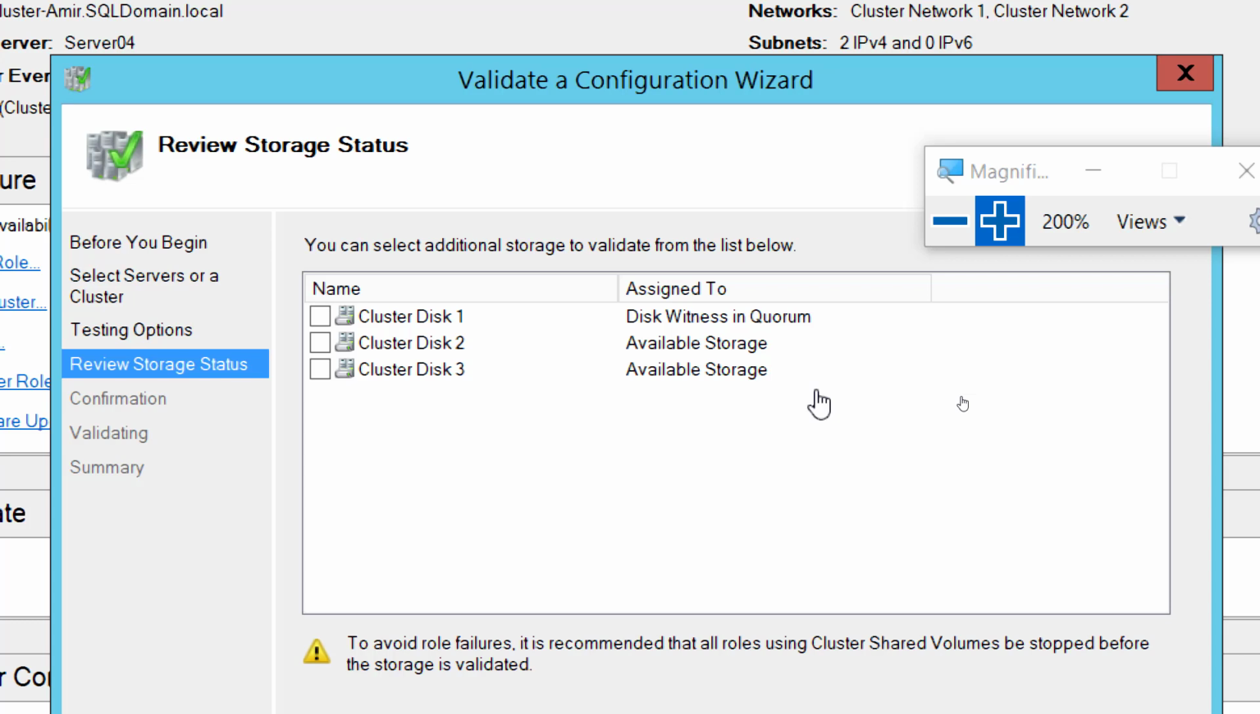So you all got the error, but this means that if this is coming here, what you should do is validation. First one is disk witness and quorum. Everyone seeing that? So for cluster 1, the disk witness is not supposed to be used, so you can just select cluster disk 2 and 3. If everyone got that,